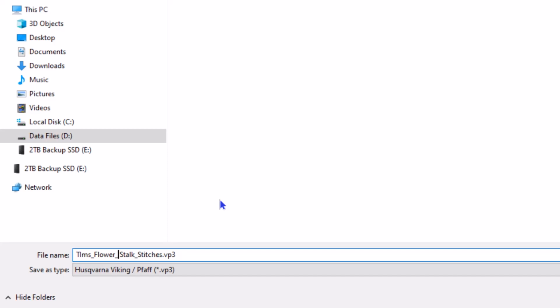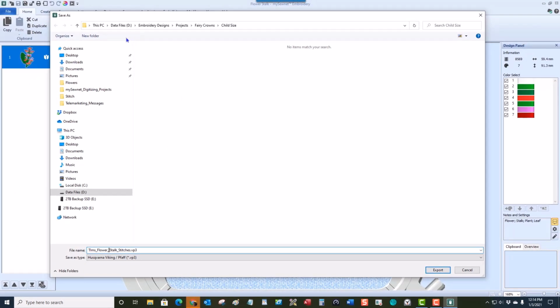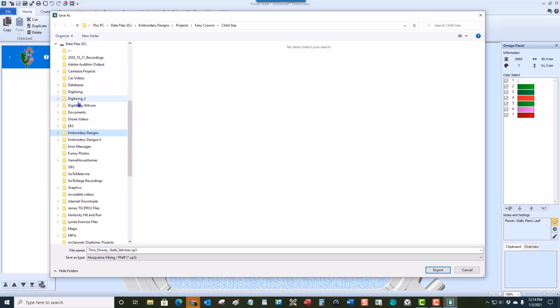So now that I've got that set up, what I need to do is put this in a folder that I would recognize as being something that I did with my SewNet. And I'm going to do that by coming down here and clicking on the data files, my D drive, and I'm going to come down here and I want to create a folder called My SewNet Stitches. So I'm going to come up here